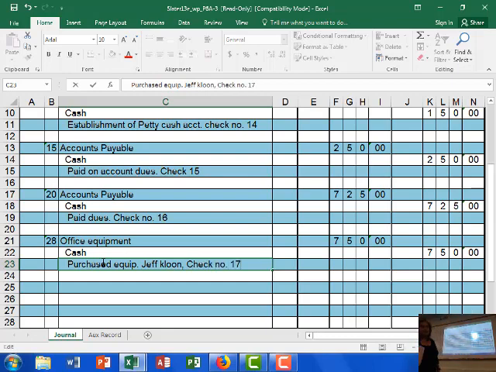Used to seeing it, because eventually we're going to have to do this. Get really specific within our journals, so you know exactly which transaction it's for. Because later on we're going to talk about subsidiary ledgers, which are basically a more detailed ledger account for accounts payable and accounts receivable. Exactly, what your customers owe you and what you owe to your vendors. But we'll get into that in a couple of chapters.